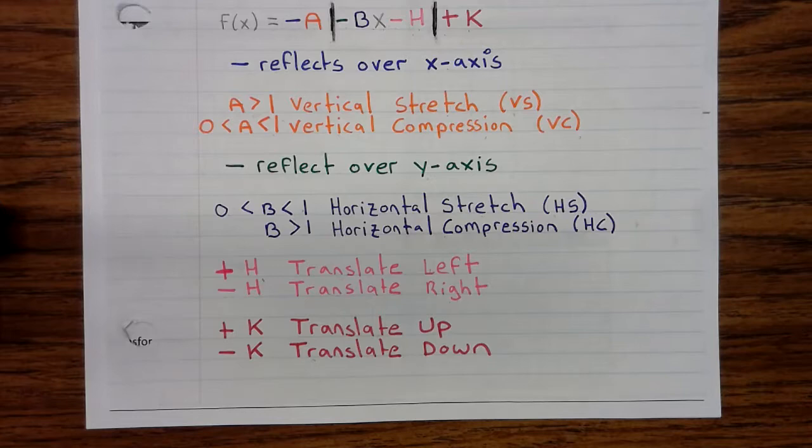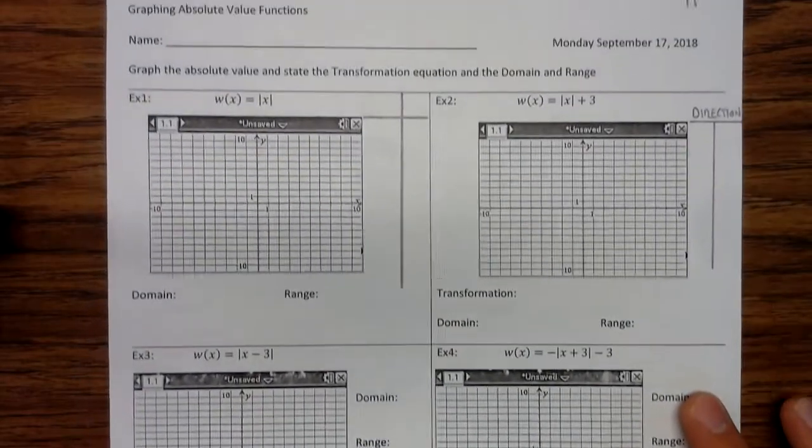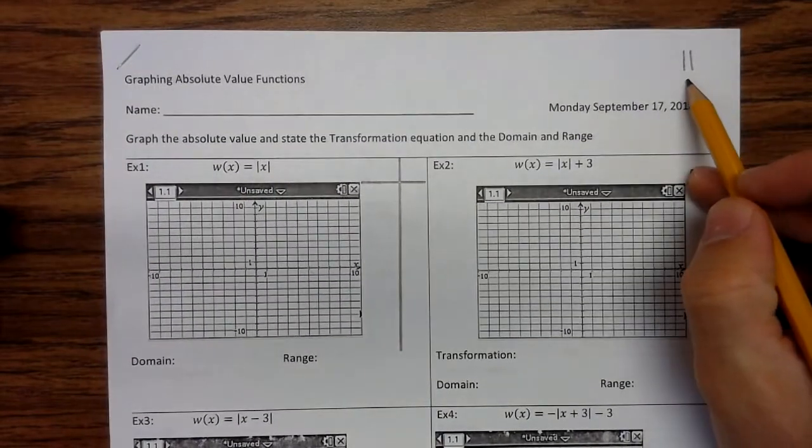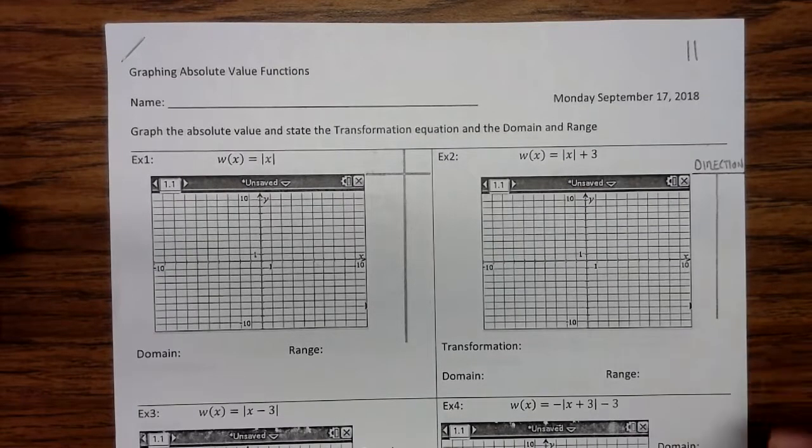If you would, update your notes. All right, now your notes are updated. Let's take a look at the examples. All right, and again, don't forget this is going to be on page 11. All right, graph the absolute value and state the transformation equation and the domain and range. So here,